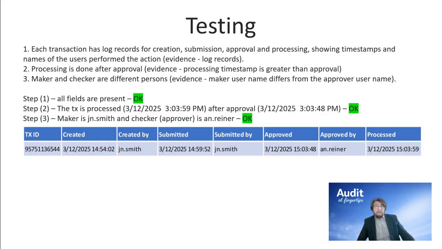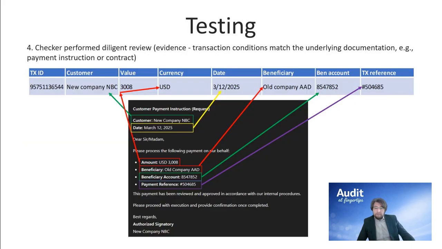So we see that the transaction was created and submitted by Mr. Smith. The approval was placed by Miss Reina, and it means that the step is also successful. We put OK here. Now, the last step is more complicated because we need to reconcile the transaction details